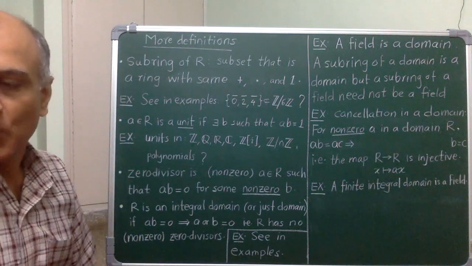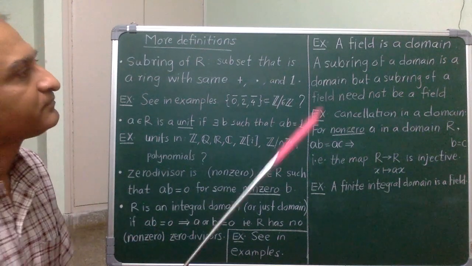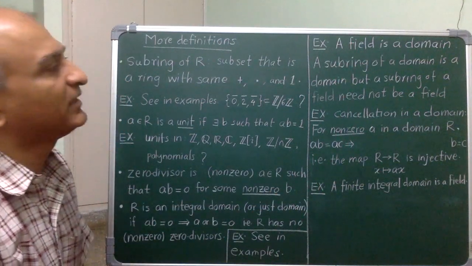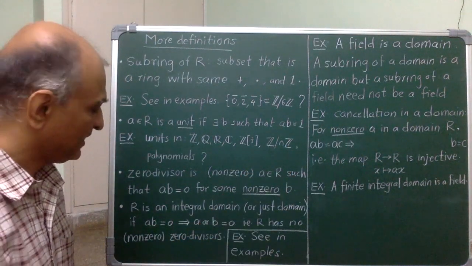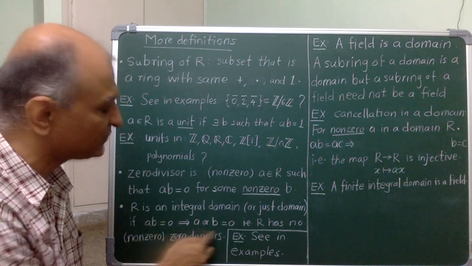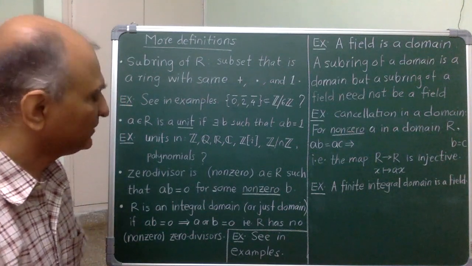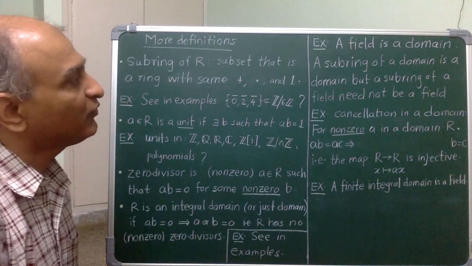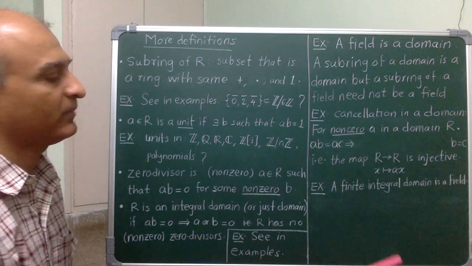Alright, so the first one, I want to show that a field is an integral domain. So let's take a non-zero element. I know that it's invertible, so call this element A. If AB is 0, then just multiplying this equation by A inverse gives me that B is equal to 0 as desired. Alright. Now the defining property of a domain passes to any subset, and so therefore in particular a subring of a domain is immediately seen to be a domain.